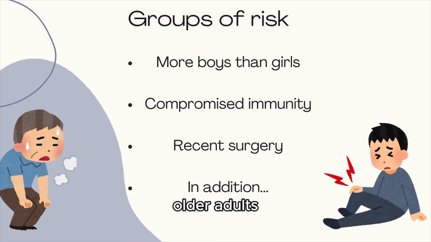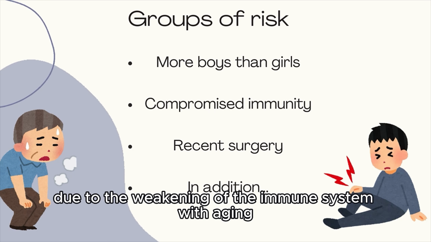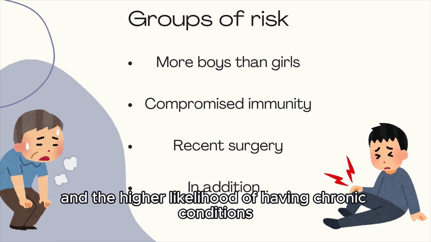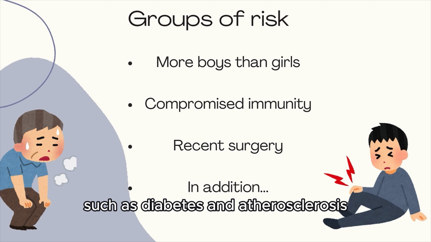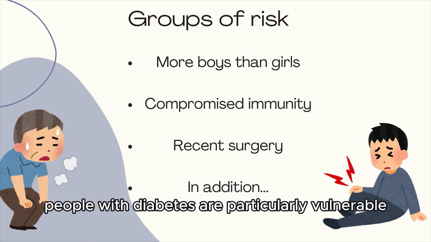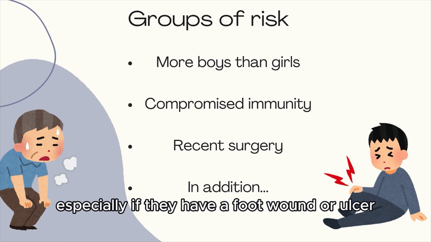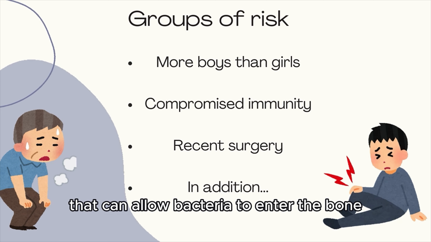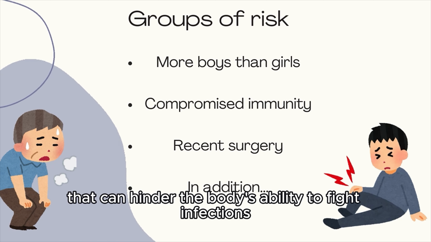Older adults are also at increased risk for osteomyelitis, due to the weakening of the immune system with aging, and a higher likelihood of having chronic conditions or diseases that can compromise blood circulation, such as diabetes and atherosclerosis. People with diabetes are particularly vulnerable, especially if they have a foot wound or ulcer that can allow bacteria to enter the bone. People with diabetes have circulation issues that can hinder the body's ability to fight infections, thus increasing